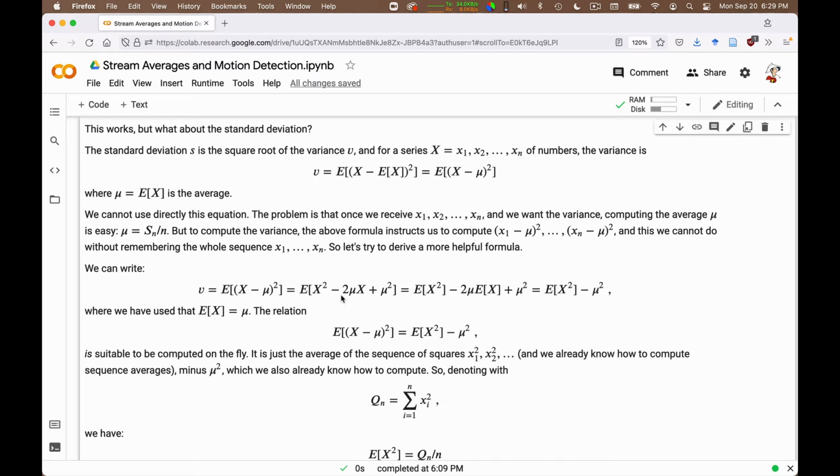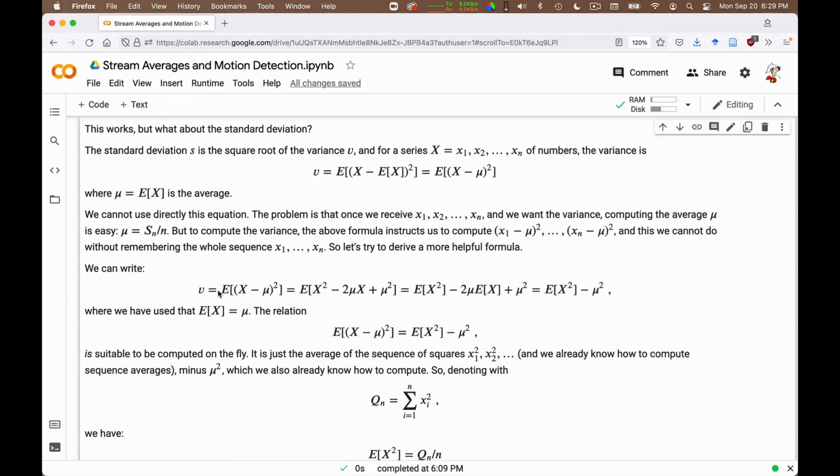So I can say that this is equal to the expectation of x square minus 2 mu the expectation of x plus mu square, because the expectation of mu square is equal to mu square, because mu is a constant at that point. The only random variable here is x. Once I break it out in this form, I have a little bit of luck, because there is a simplification we can do. What is E of x? E of x is mu. And so this is just minus 2 mu square. That simplifies with the plus mu square to give just minus mu square.